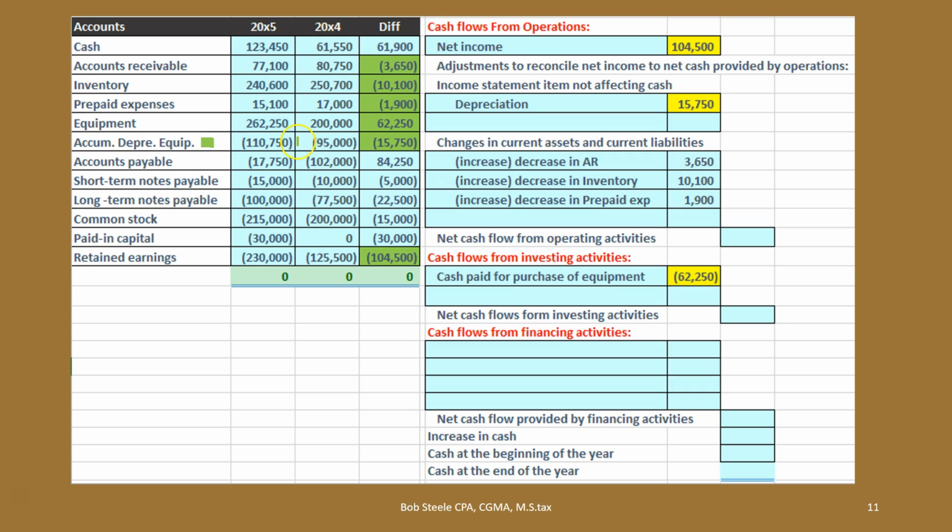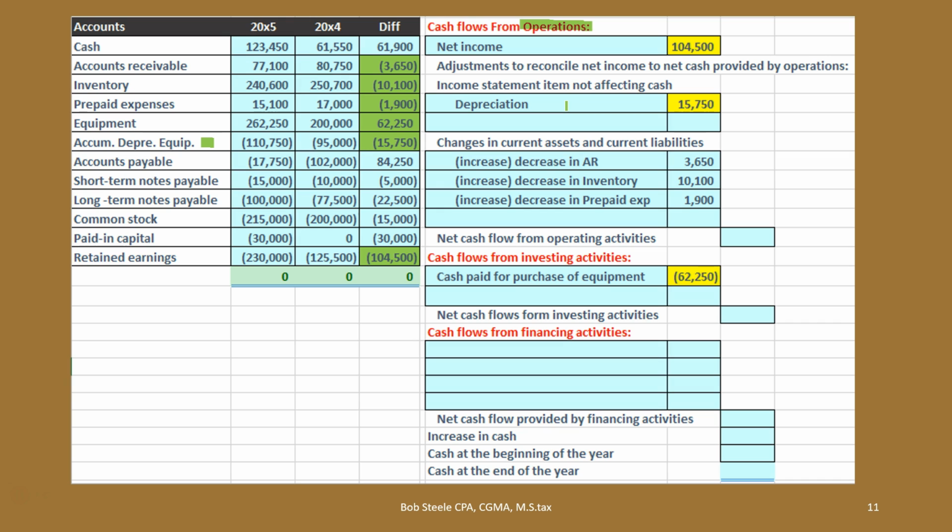Therefore, this increase here, the other side of it, is an expense. It's depreciation expense. So that's an income statement account. So it is going to be in the operating activity, even though it's not part of the current assets and current liabilities, because the other side of it is depreciation. So rather than calling it the change in accumulated depreciation, we're going to recognize what the income side of that change is, in this case, which is just depreciation. And we're going to put it up here in this subsection, which says income statement item not affecting